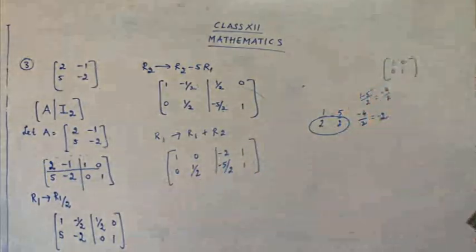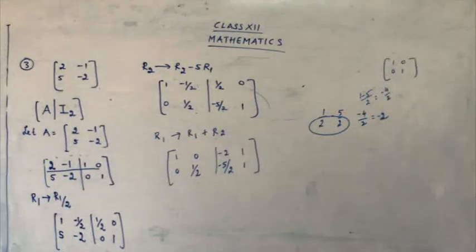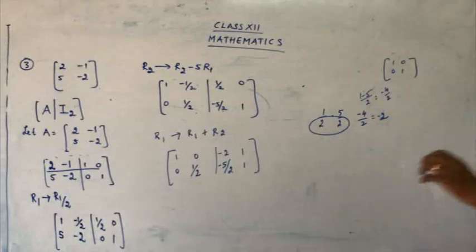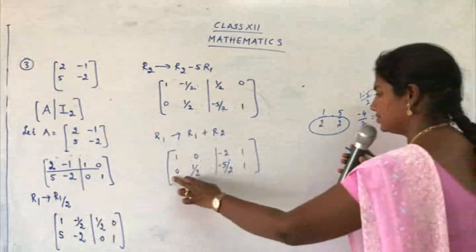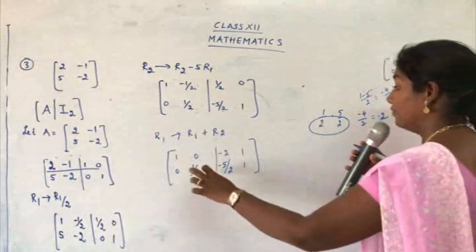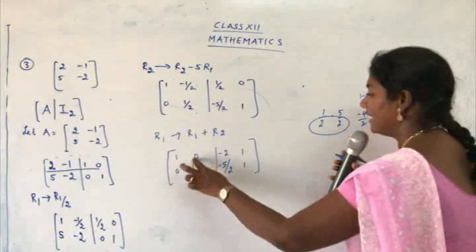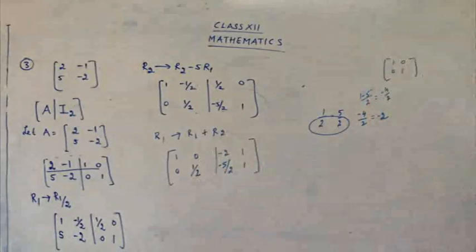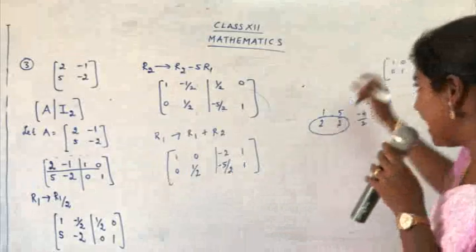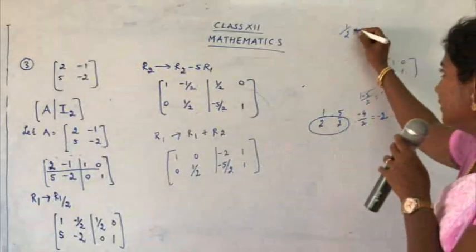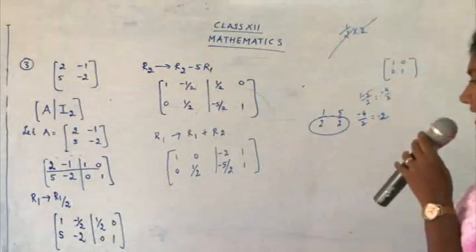So now let's see what's left here, children. The fourth part, we have got 1. We have got here 0, here 0. Here half is there, but I don't want half. Instead of half, I need here 1. So what can be done? Tell me the transformation here. Yes, it has to be multiplied by 2. See what happens if I multiply half by 2. 2 and 2 get cancelled.